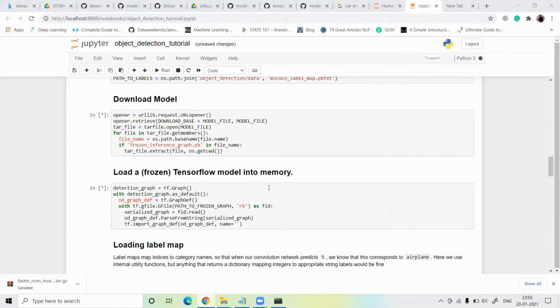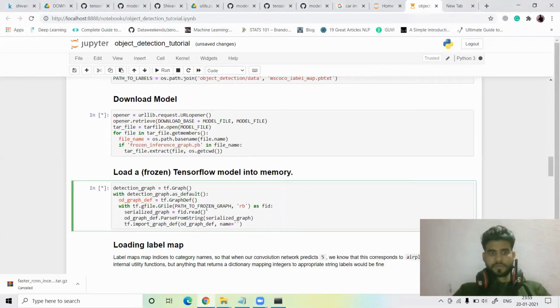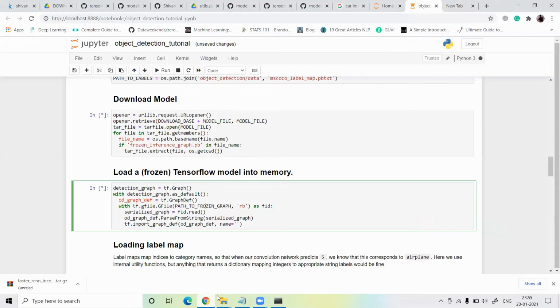Now hope it's working. Yeah, it's running. Just wait a few seconds more. Okay, now it's running again. Yeah, now it's running, guys.